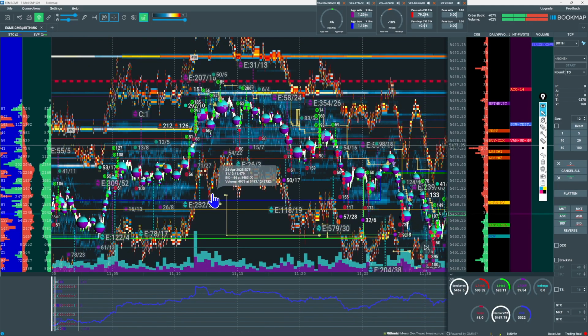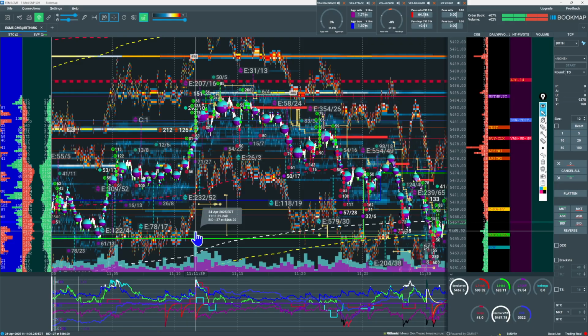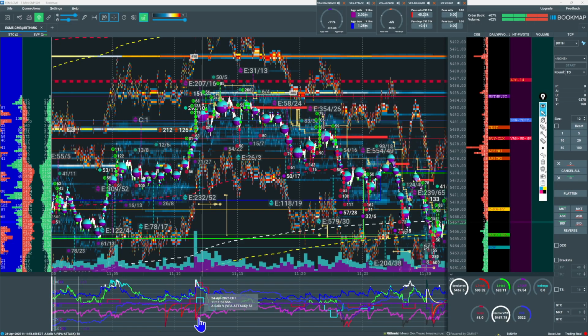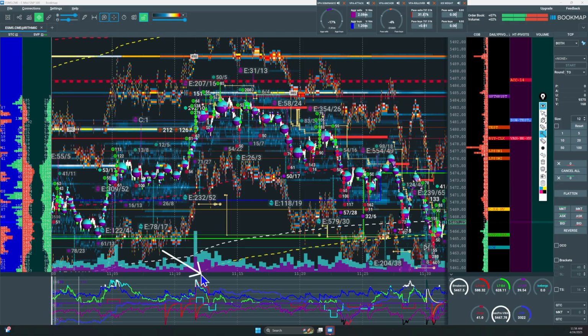So we push up to this level, we get heavy buying volume, we get the buying spikes, we get the stop runs, we get the selling anchors here. Let me just point this out with the arrow. The red is the buying stops. That's the VP buying pressure attack, right? So that's the buying pressure. These here are selling anchors, or I call them selling anchors, but it's basically selling absorption, right? From the absorption indicator, that's selling pressure, right?